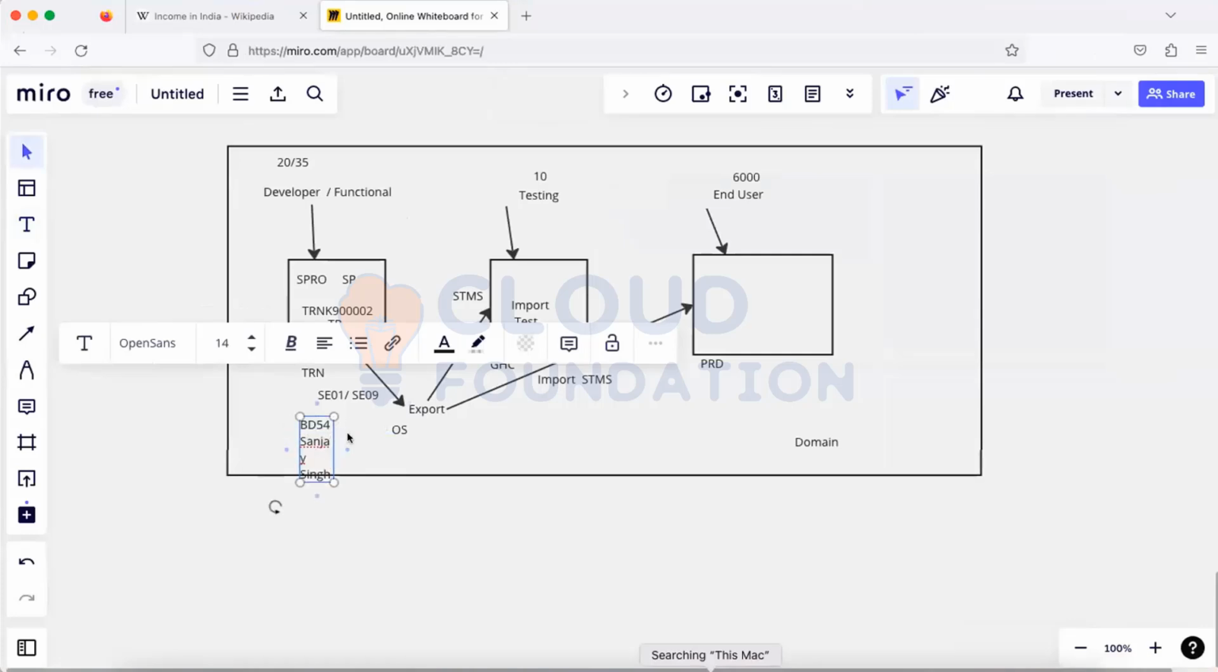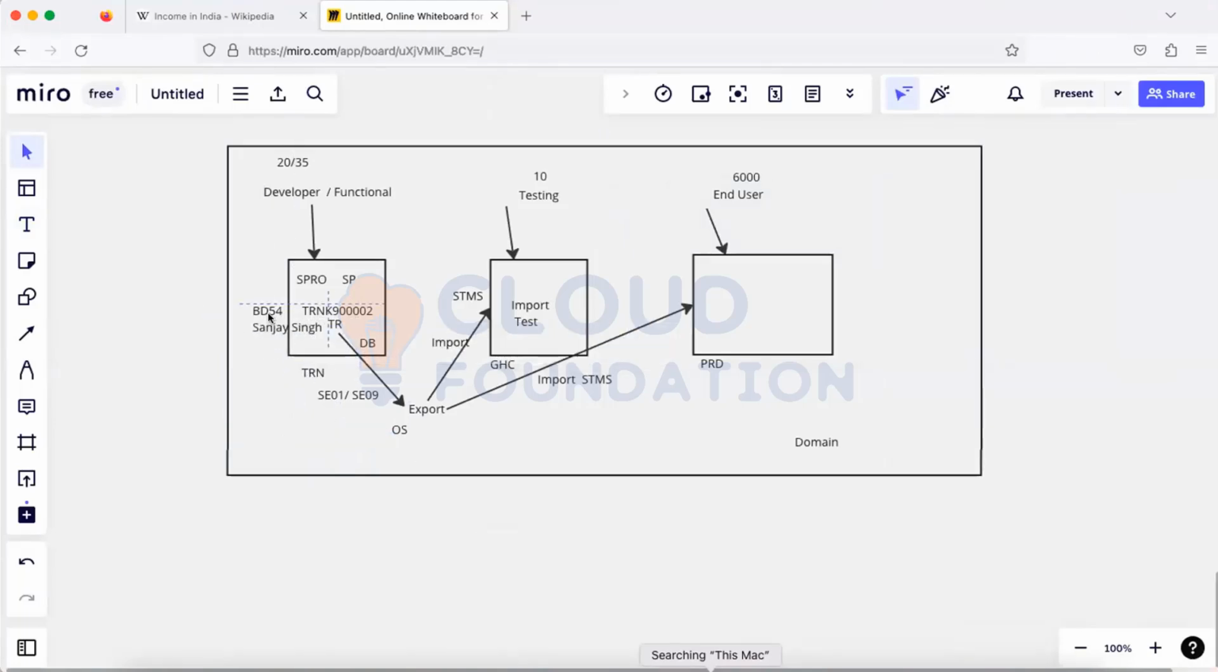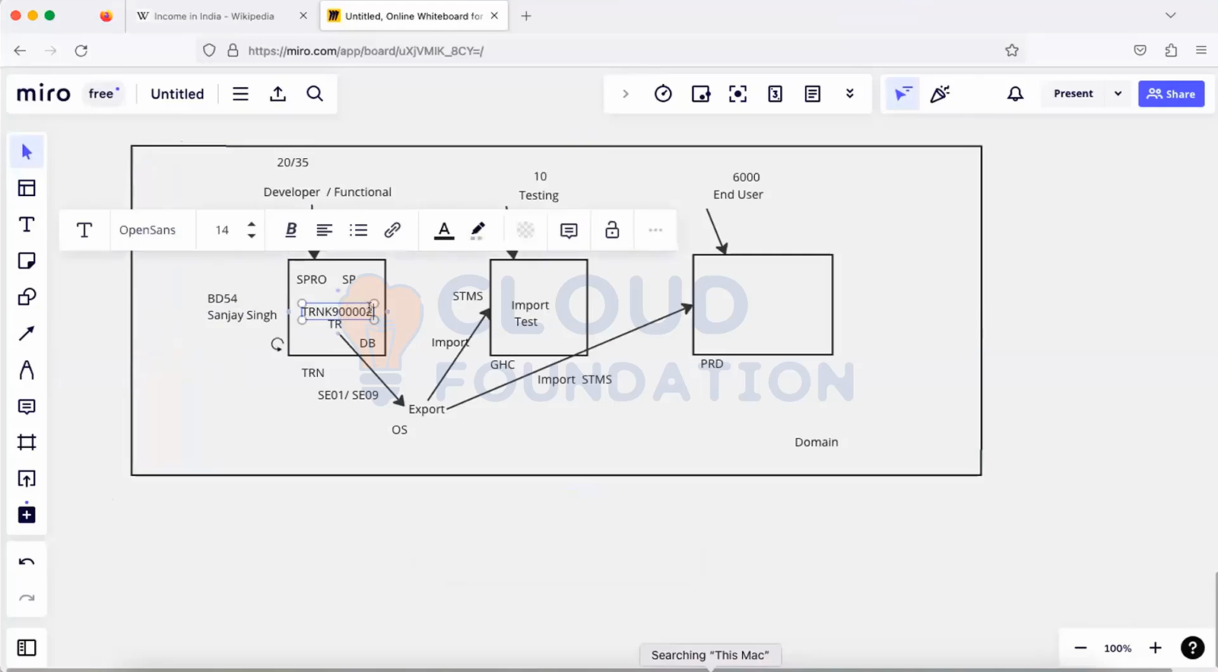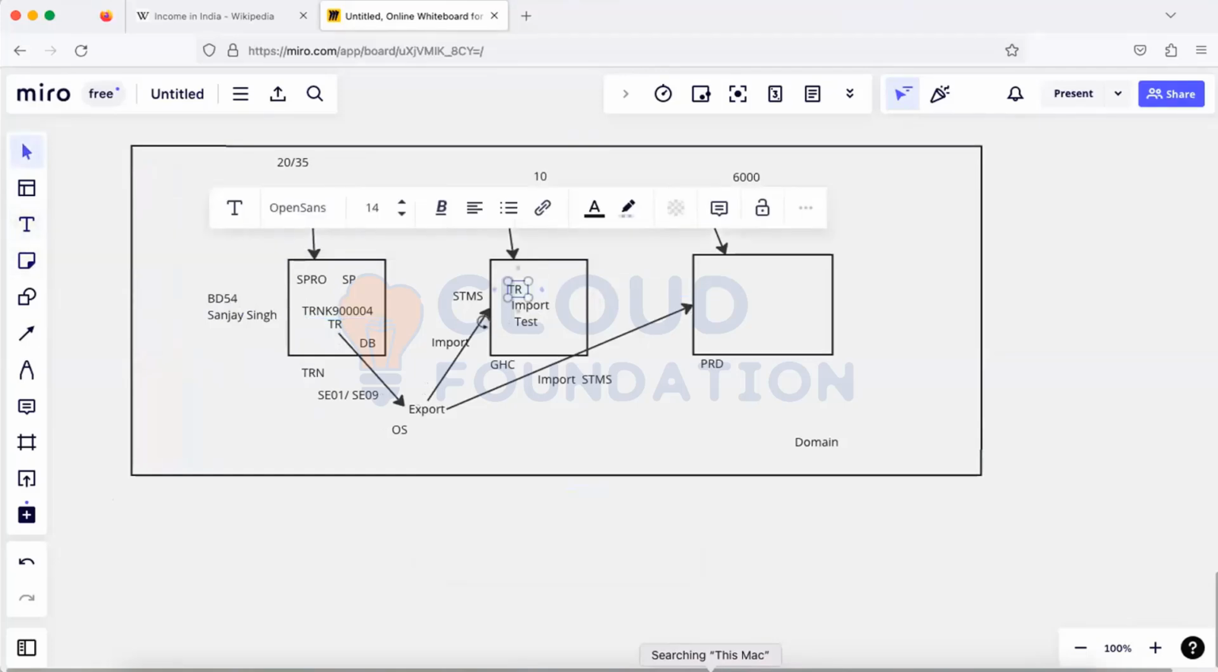Sanjay Singh. I have made some entry there, and I have recorded it in a transport request number. In BD54 I have written something, and I have recorded it in the transport request number 94. I exported and I imported. When I imported the transport request number TRNK9000004,